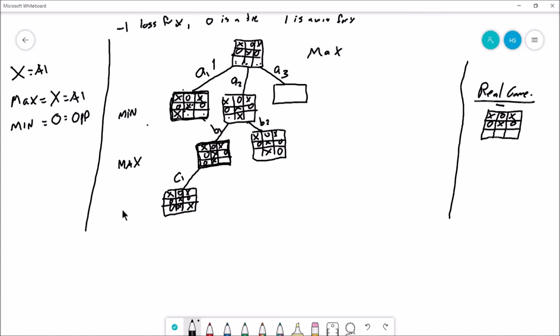When that state gets passed to the min function, it's a terminal state, 3 in a row. So that returns a 1. The utility function can return a 1. Now the other possibility would have been an action that ended up